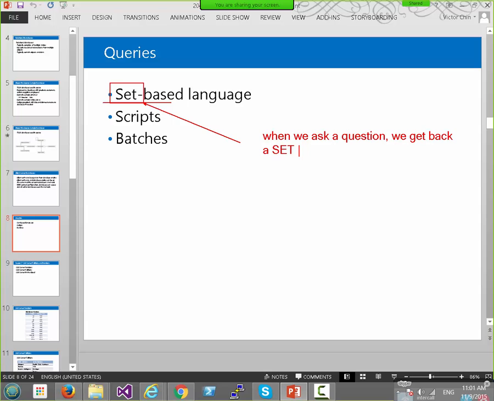A set is technically a unique bunch of data. Every record should be unique from every other record. As a set-based language, we can write SQL query scripts, and they are executed in batches. So very quickly,